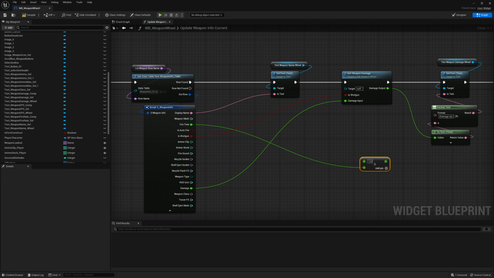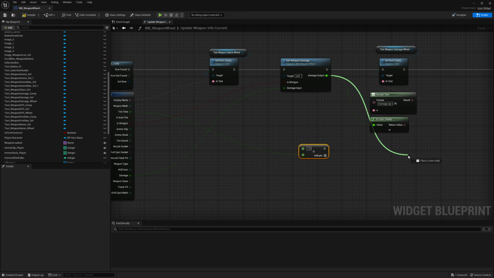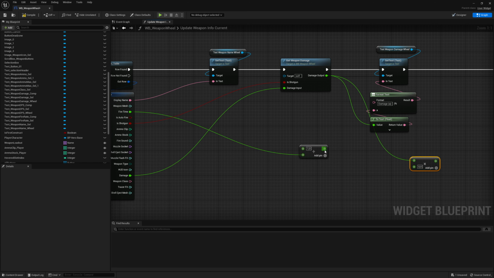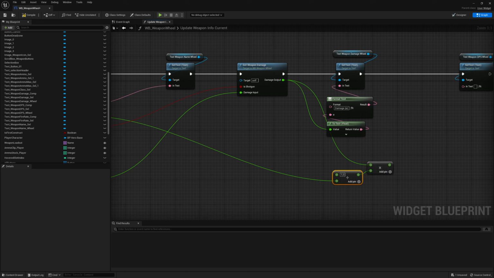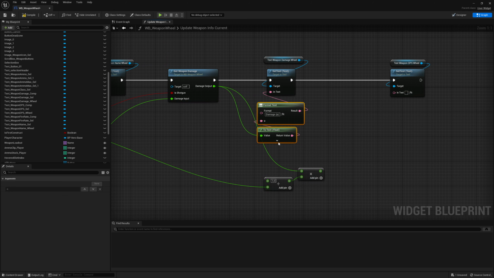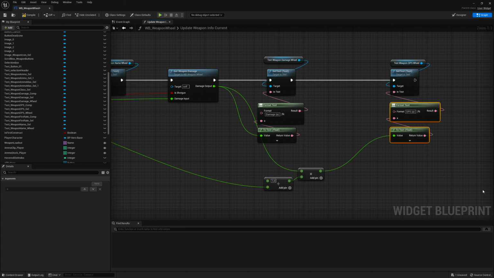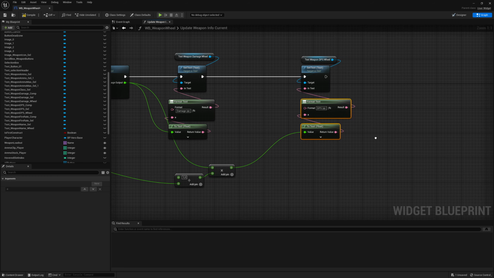And then we can multiply that with the damage output from the get weapon damage. So if we drag off here and multiply it with this result, that will return the correct DPS. So then we can use a format text again and use the toText float again as well. So we can plug it in over here and then simply say DPS and plug in the result over here. So that will take care of the DPS one, and then all we have left is the ammo ones,